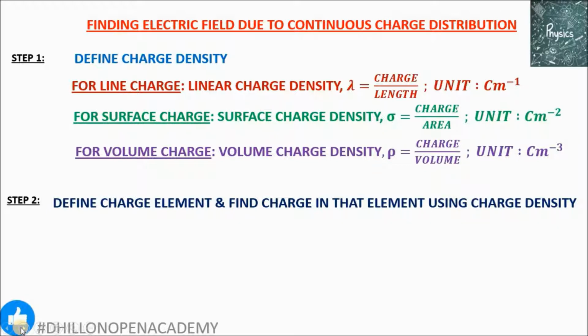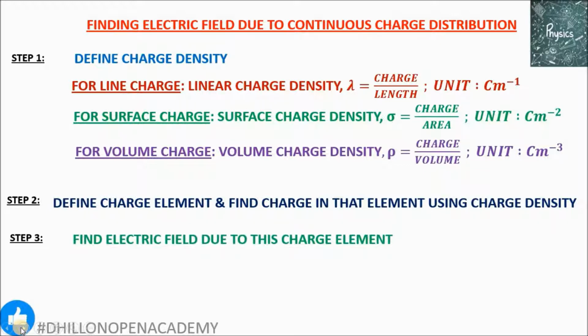Why are we taking it? Because we already know that we will be using the Coulomb's law expression to find the electric field, but the Coulomb expression is valid only for static point charges, which are of 0 size. But here we are talking about continuous charge distributions, which certainly do not have 0 size. So in order to make the Coulomb law expression valid here, first we have to find the point charge, which is done with the help of finding the charge element, and then we find the charge in that 0 size charge element, which will obviously be point in nature.